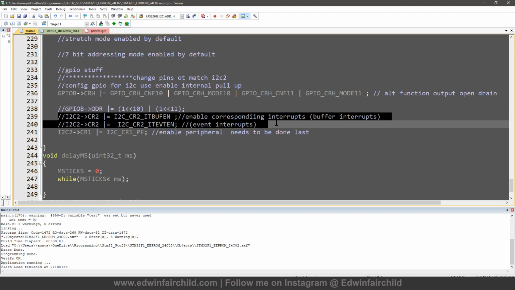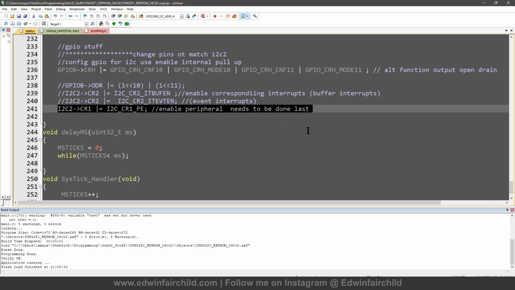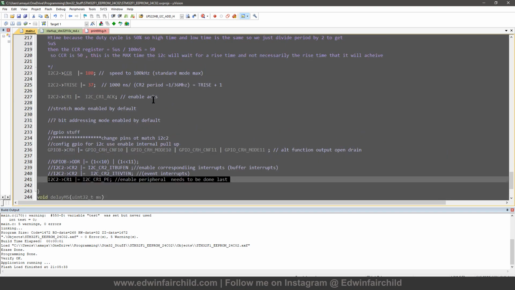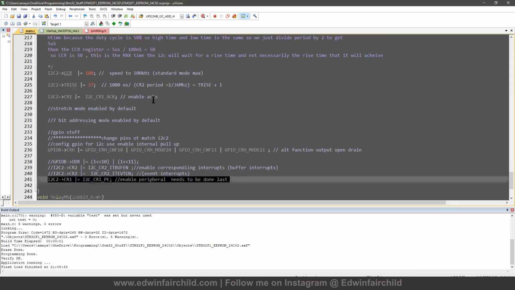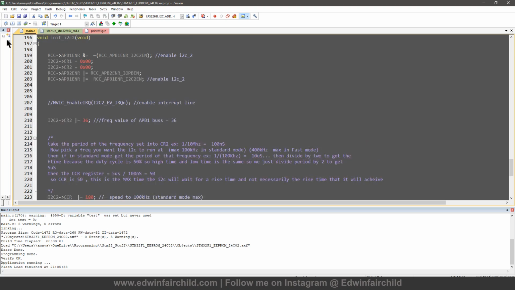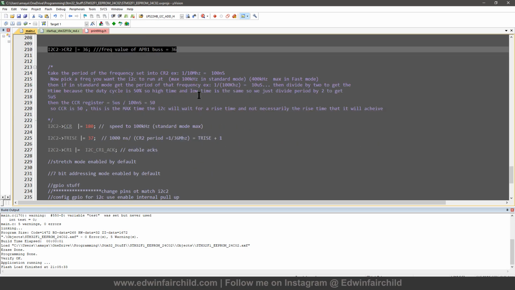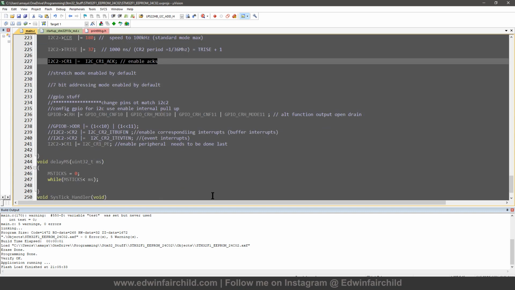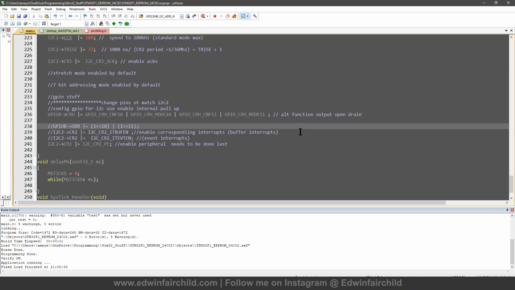Here are the events for interrupts, which I didn't use like I was telling you. And here I finally enable the peripheral. Alright, so that's all you really need to actually configure. But there's more stuff that we have to do once we get going, which is the actual RX and TX. So just enabling your clocks, enabling the peripheral, setting the frequency of the APB1 bus, doing these two calculations. I enabled the acknowledges. I configured the GPIOs to be in alternate function mode. I'll put open drain,